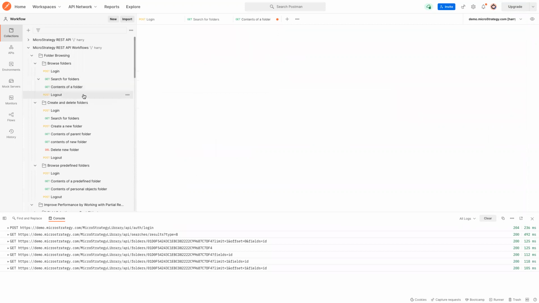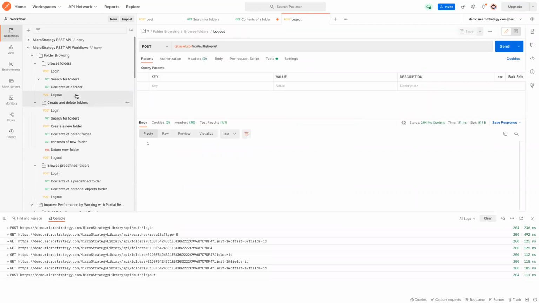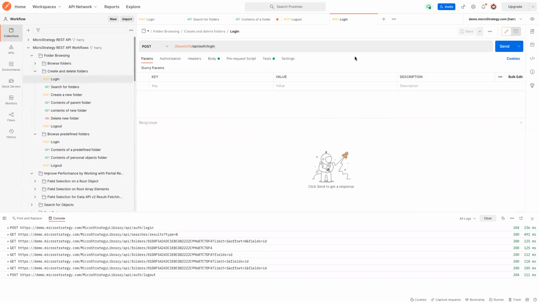So after finish, I can call logout. Okay, nothing special about logout. So that's a folder browsing, and you can also create a folder and delete folder. So let's try. For this one, since I don't have a permission with the guest user